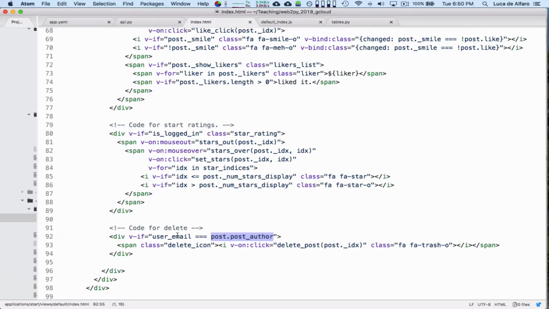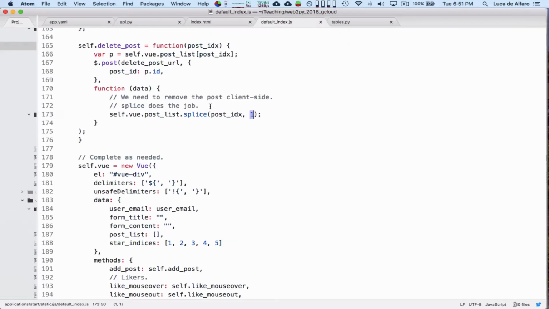So essentially the point is this: you have a post list, you have to make sure that the posts that you get from the server look the same as the posts that you create by inserting a post in the UI in JavaScript. So I had to go back to my